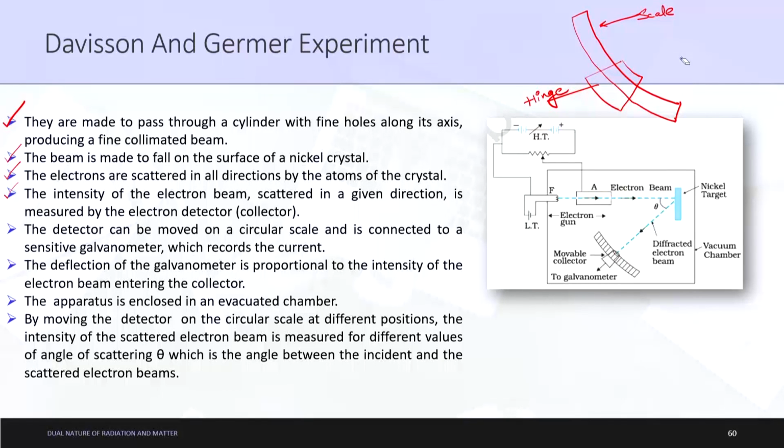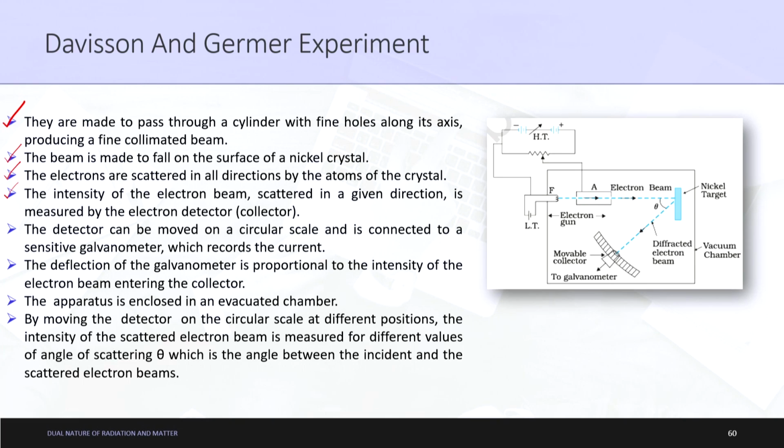Let us say we do not want to find the intensity at this angle theta, we want to find it at some other angle. So what we do is we change this hinge to a location such that we can find the intensity at, let us say, this position. Again we can change it, and we can find out that the intensity is different at different angles. That is what this line tries to say, that the detector can be moved on a circular scale. So basically this is a circular scale on which it can move in this way,